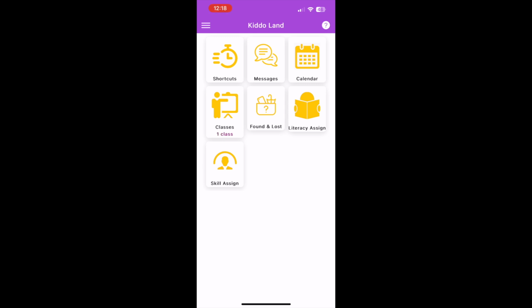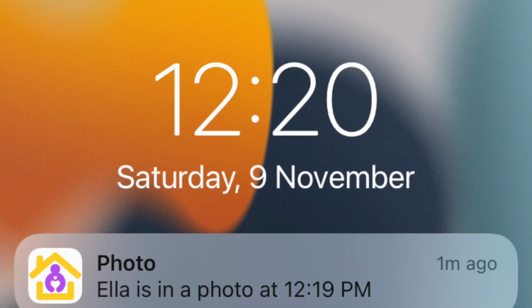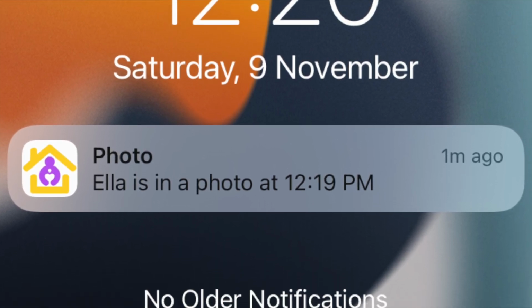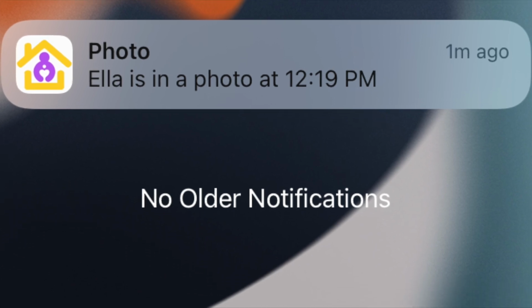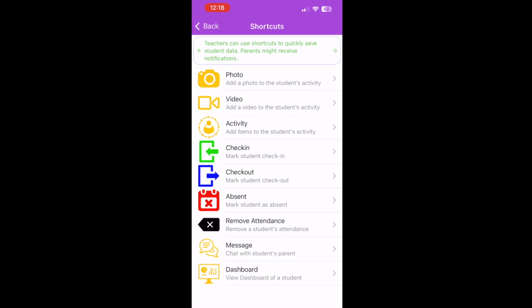Shortcuts. The Shortcuts menu is your main hub for managing daily activities in KinderMom. Here, you can quickly log various types of activities, mark attendance, and communicate with parents. Every time you save an activity, KinderMom sends a notification to the child's parents, who can then view the update in their timeline. Let's go through each option in the Shortcuts menu, with examples of what parents see when an